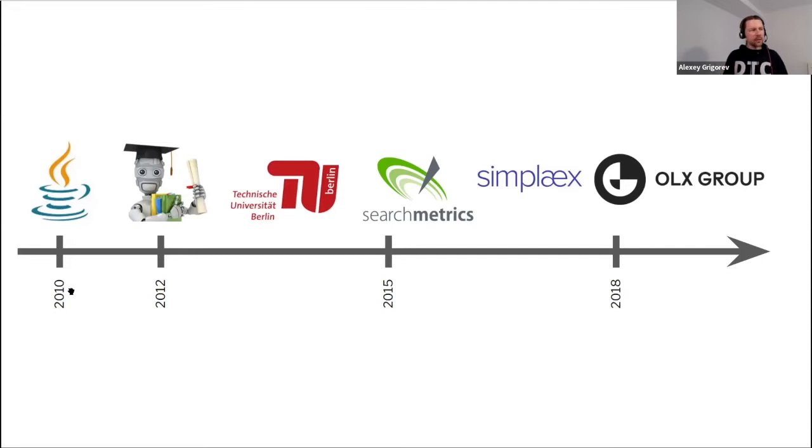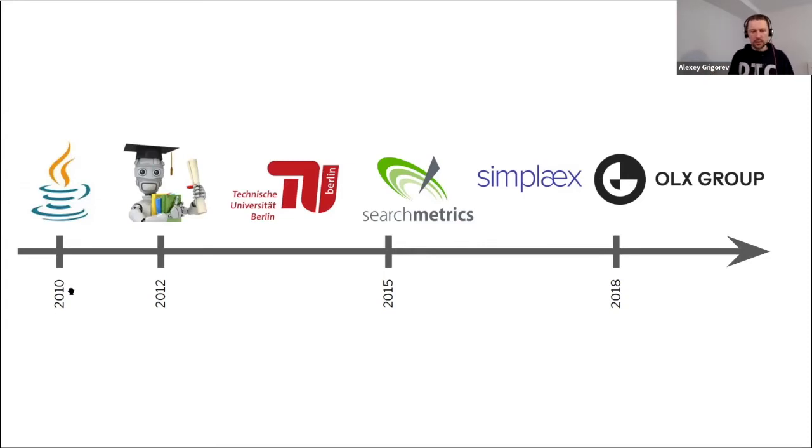And around that time, a course from Stanford, from Coursera appeared. It was called Machine Learning. So I watched that course, and this is when I understood that I need to do that. I need to get into machine learning because it's so exciting. And basically, this is what I did. So I did a master's. And then a couple of years after that, I started working on my first full-time job as a data scientist. It was at Searchmetrics, in Berlin. I've been living in Berlin since 2014, I think, so for quite some time.